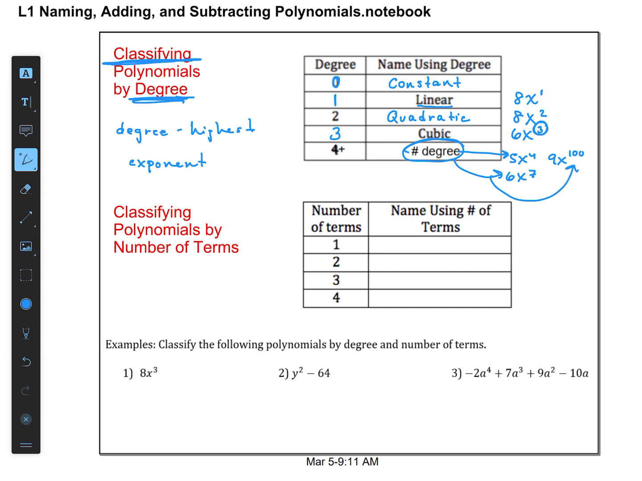Okay, and then from there we're going to start talking about the number of terms. Now, number of terms are always separated by a plus or a minus. Okay, so when we look down at number 1, number 2, and number 3 below, you could see some of them have pluses or minuses in between, some of them do not. So the number of terms we're going to say is going to be based on